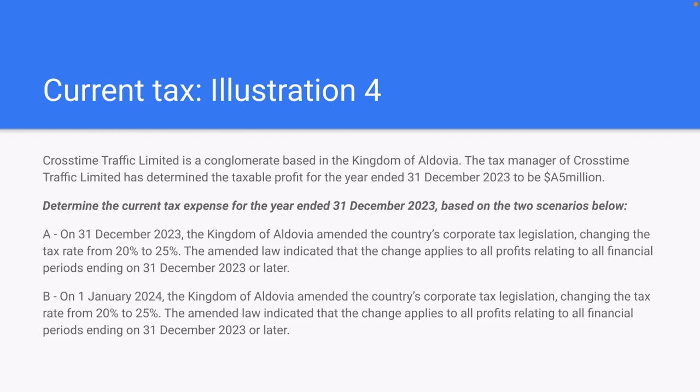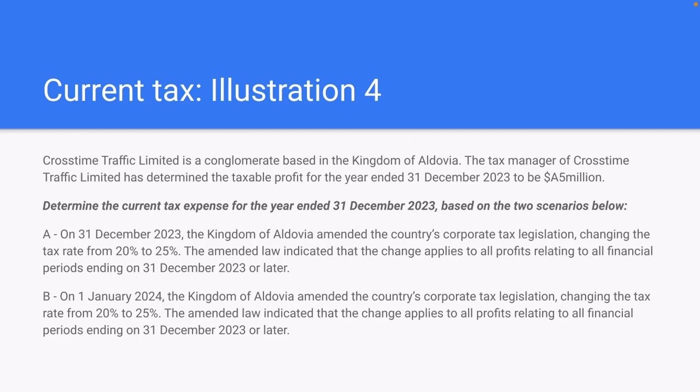But we may have to make a narrative disclosure to say that, before the issuance of this financial statement, a new law has been passed and a new rate is this, and XYZ is going to happen. And so there will then be a prior year adjustment in the next account. We'll talk about this much later. But suffice it to say, the point I'm trying to make here is that